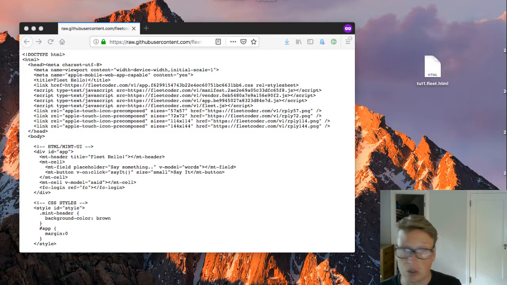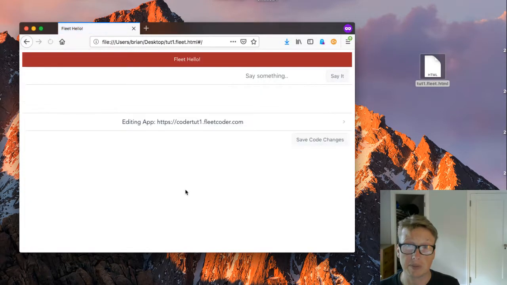And so what we're going to do is we're actually going to drag it into the web browser, and that's when you can put in your username and password from FleetCoder. And so you can see up at the top here is my Hello World app, and at the bottom here is a little bit of coding help tools, so I can click through to see my app running on the web, and I can click this button to save my changes to this code file. So now I'm also going to open this into my code editor,